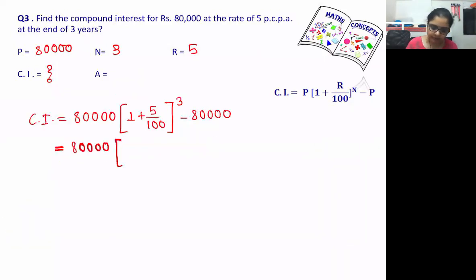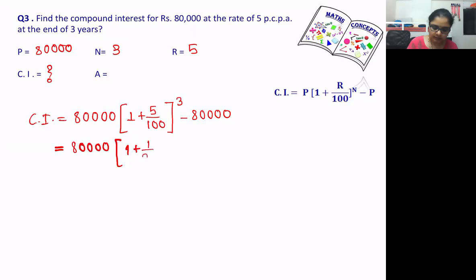Now can we reduce 5 upon 100 to some lower fraction? Shriya, Khadija, tell me, can we reduce it to a lower fraction? Yes, ma'am. We can reduce it to 1 upon 20. Ma'am, actually I can't see your screen. Is everyone able to see the screen? Ma'am, I can see. And ma'am, if we reduce it, it will be 1 upon 20. Yes, it will be 1 upon 20. Shriya, everyone else is able to see the screen. Check it once on your end.